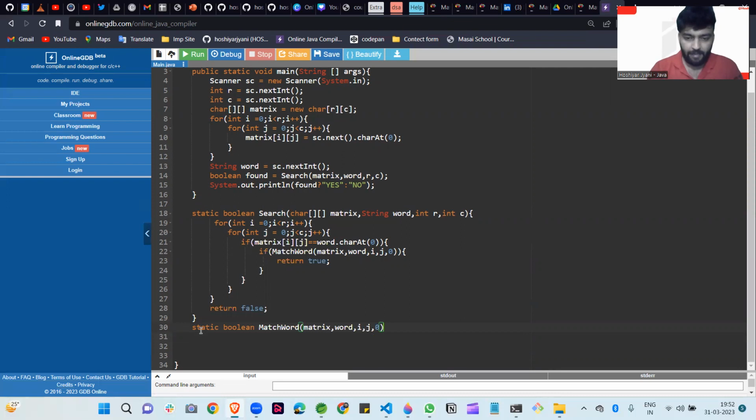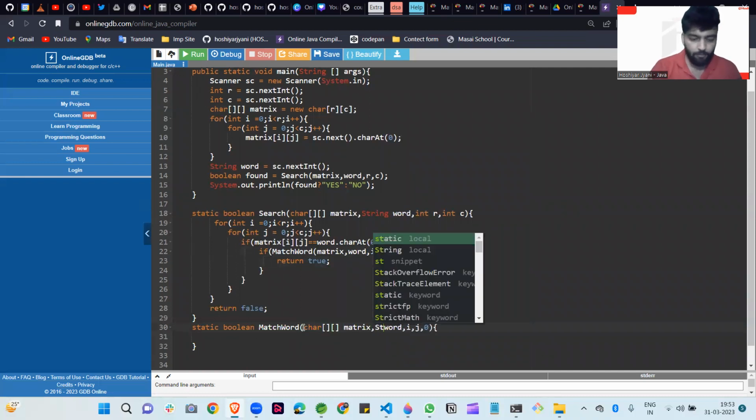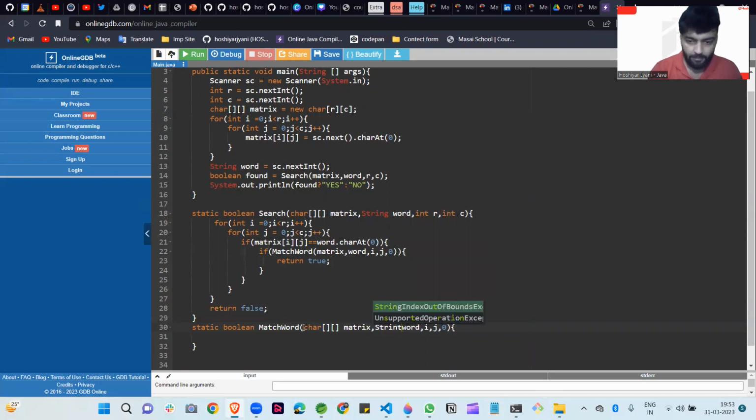First of all matrix, second is word, third is the index values i and j, and fourth is the length. So the matrix is of type character, so that's why I am writing here two brackets. Word is of type string, and i and j are of type integer.